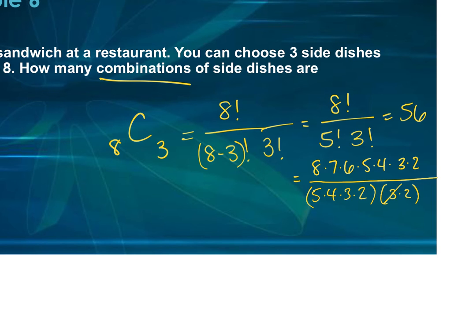Let's start to cancel. 3 and 3, 2 and 2, 4 and 4, 5 and 5. Do you agree that 6 is going to cancel with 3 times 2? So we just have 8 times 7, which gives me 56. Why does it not get 1? Technically, yes, you should be adding 1 here, but if we multiply by 1, is it actually changing our problem